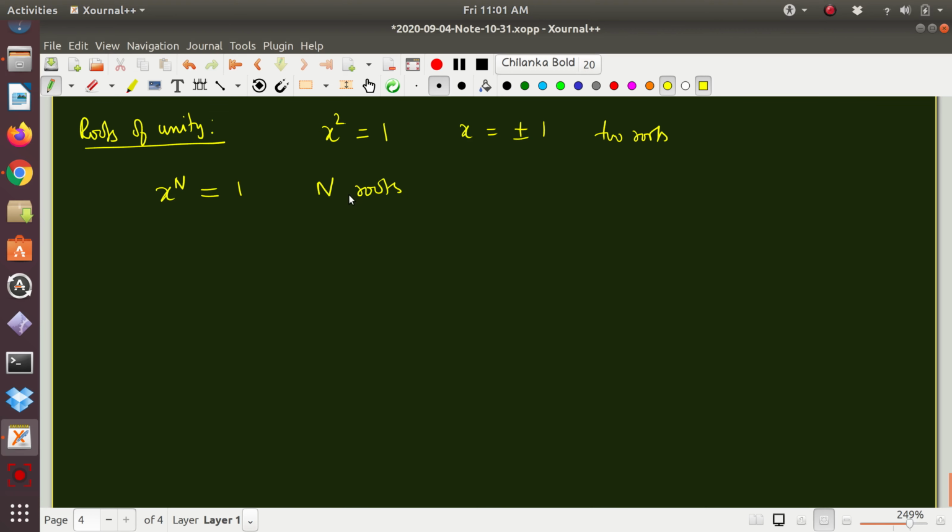So x squared is 1, x is equal to plus or minus 1 to the half, that is plus or minus 1, right? So I want the nth root. So how do we do that? What are the n roots? In order to do this, you have to think of x as a complex number. z to the n is 1 and z is r e to the i theta. So r to the n e to the i n theta is equal to 1. Okay, I'm sorry about this.